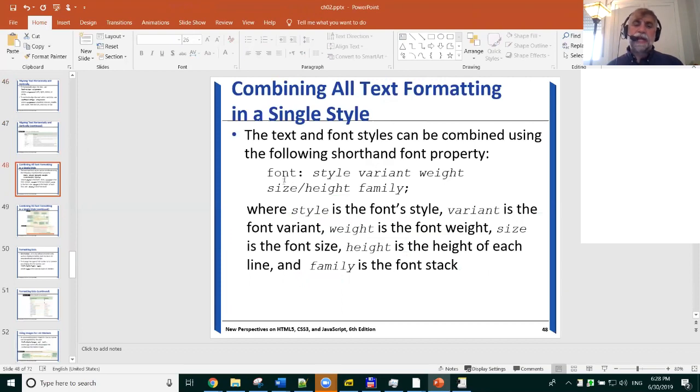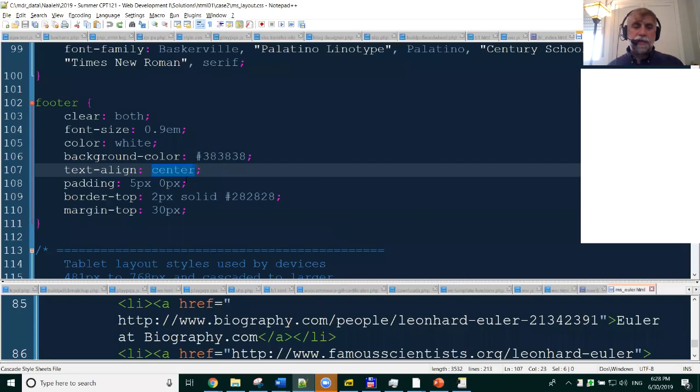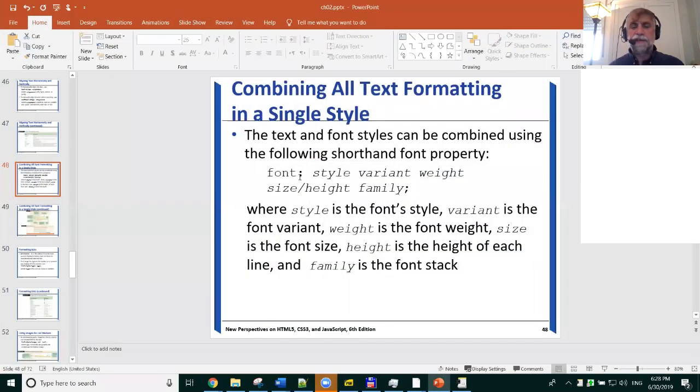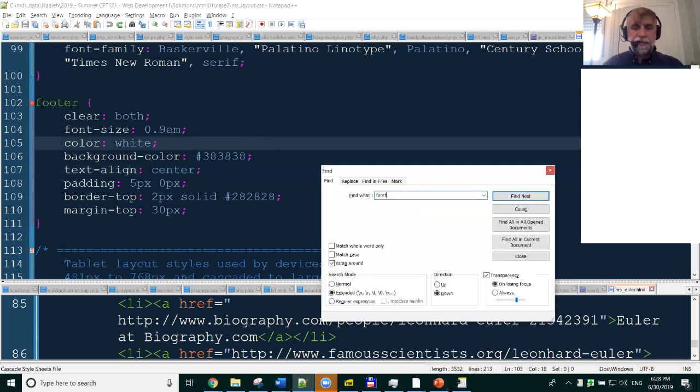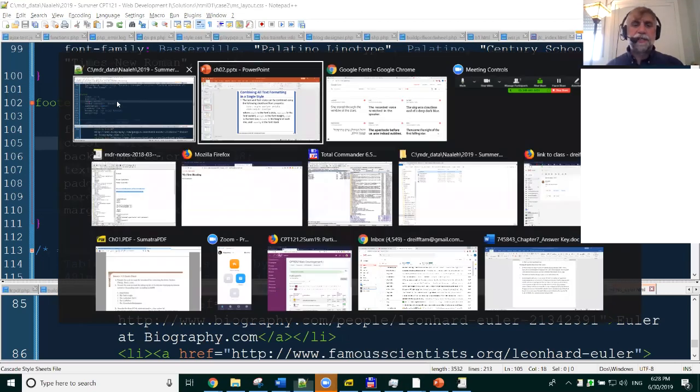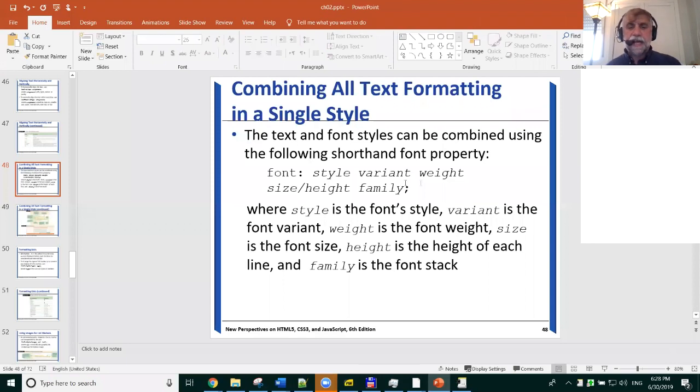You're also able to put everything on one line. Some examples here are showing them on different lines, but here you could combine them all into one line. So you get the word font. Let's see if that exists here. I'll just type font. It doesn't. All right, but you're able to, if you wanted to, combine all these styles of the weight,